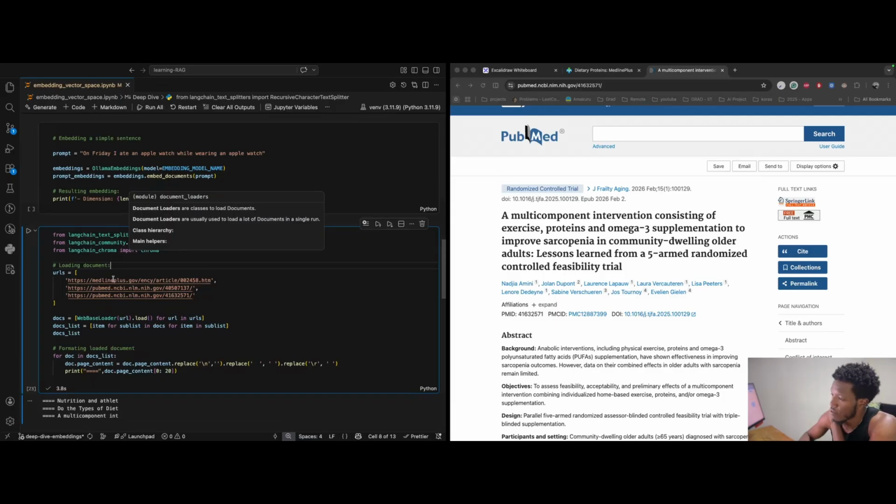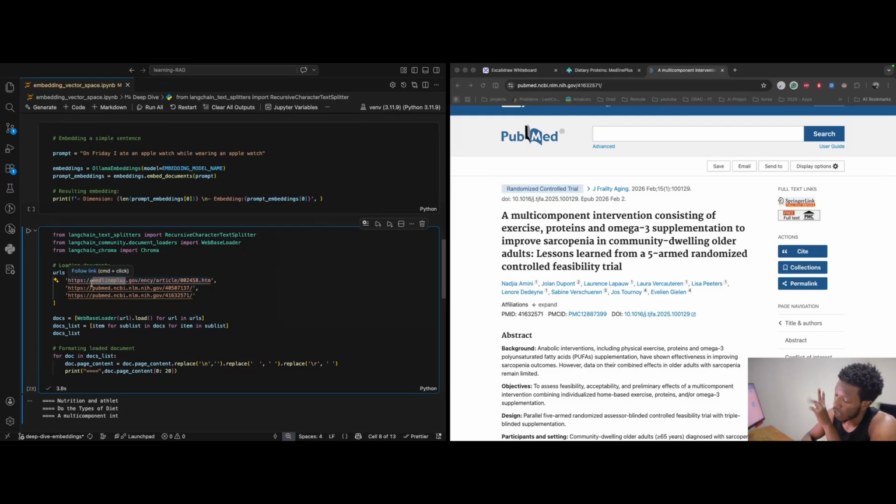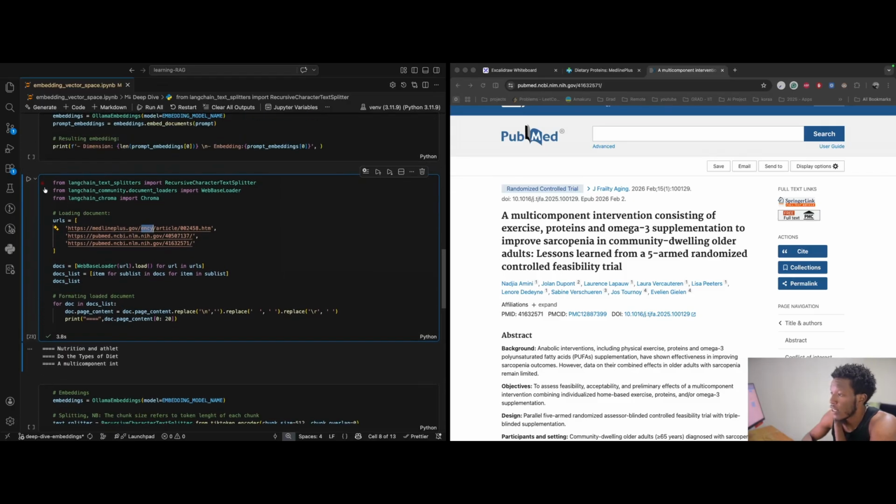Now let's look at how we do our document splitting. And here I'm going to load three web articles. They are all talking about diet and protein, specifically protein. So here we are loading each URL, basically each article, and loading them individually, so that we make it easy to recognize. And then let's look at